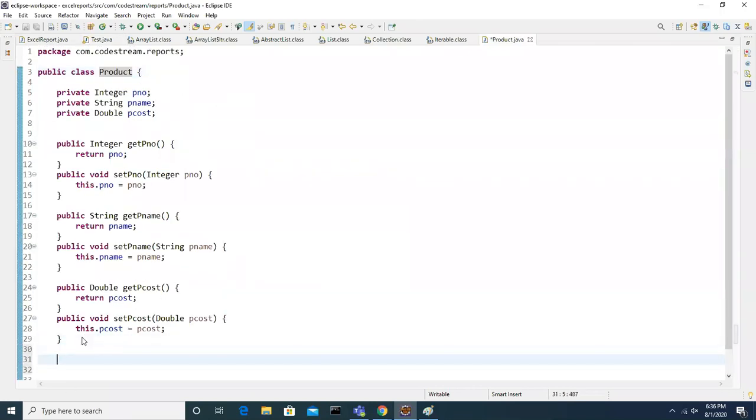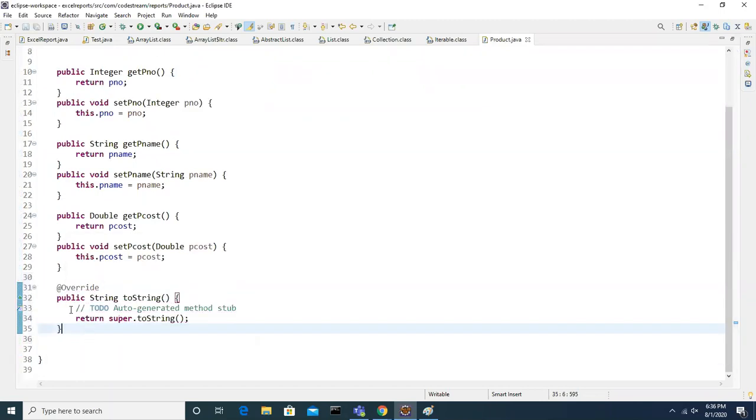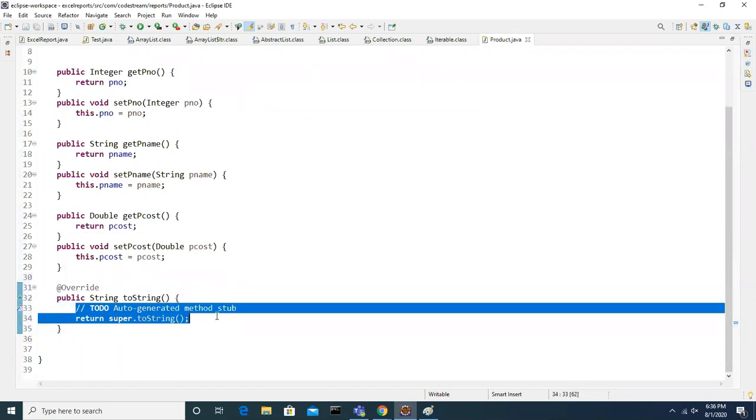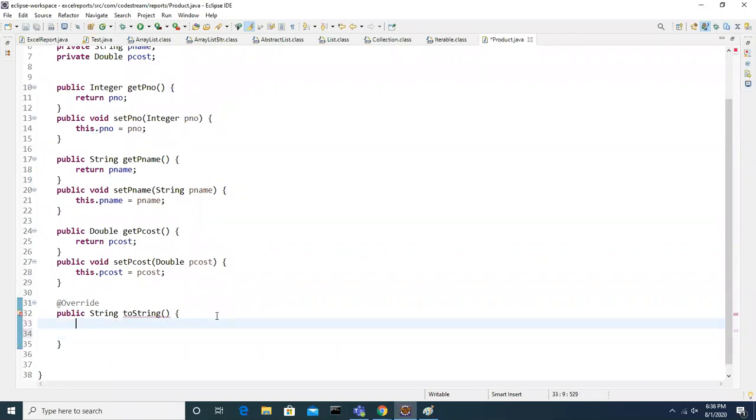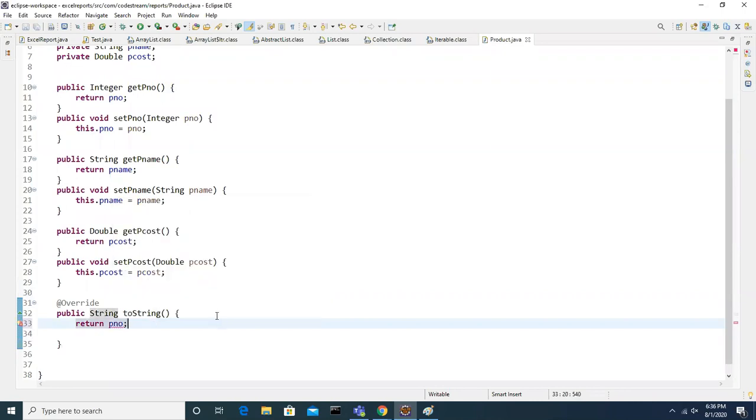There is a method called toString, guys. Very important. In this toString method, I'm going to return pNumber. What is pNumber? Product number.